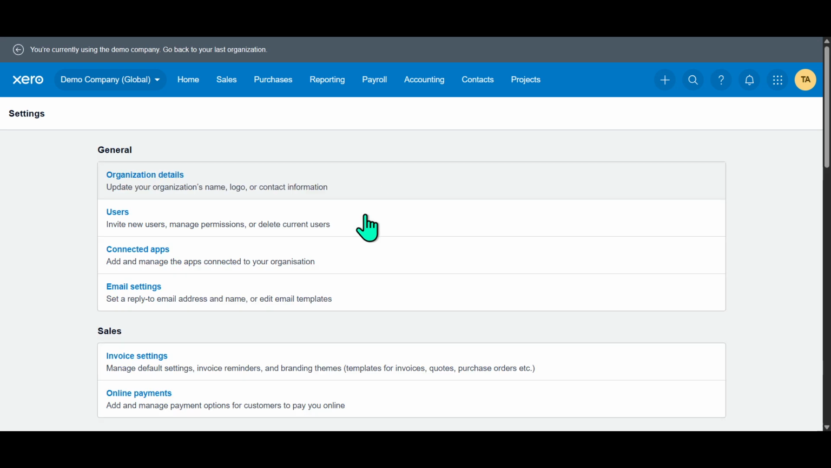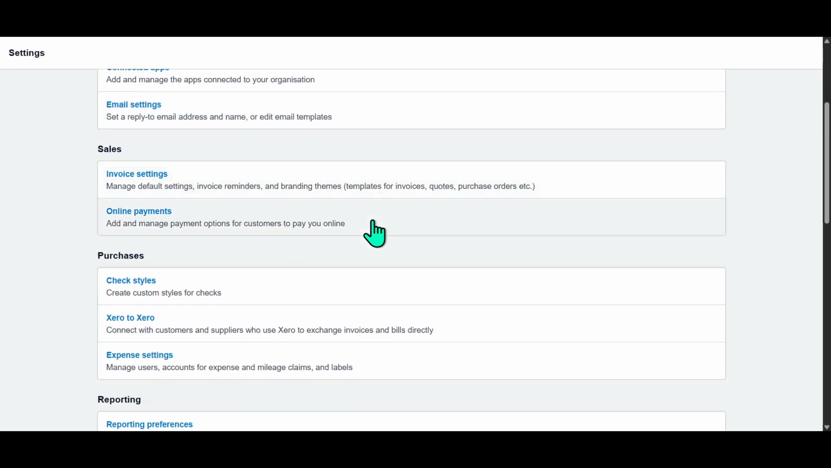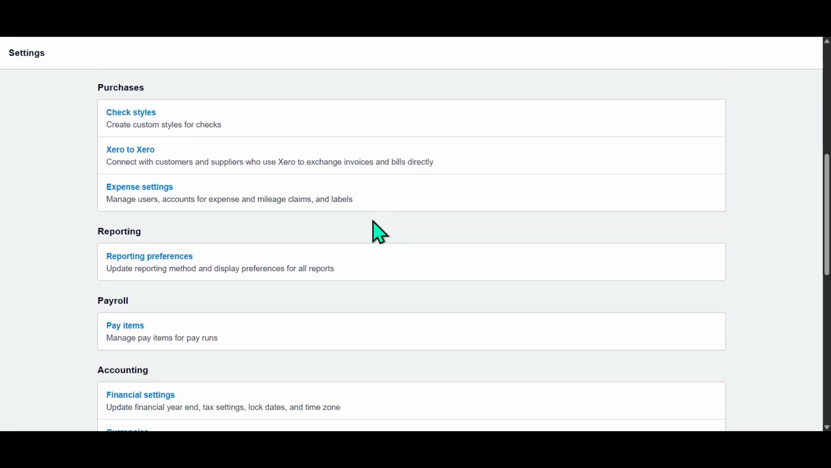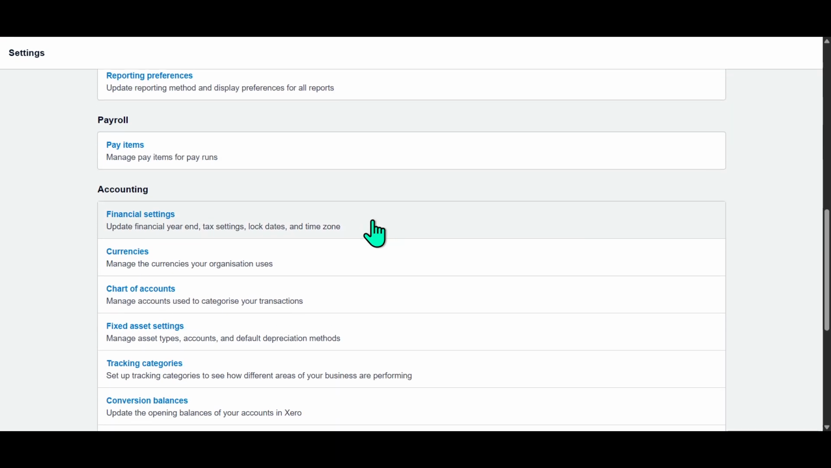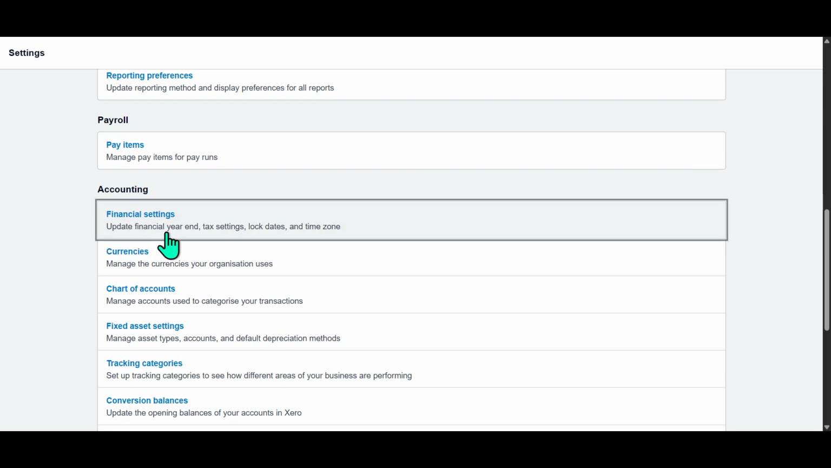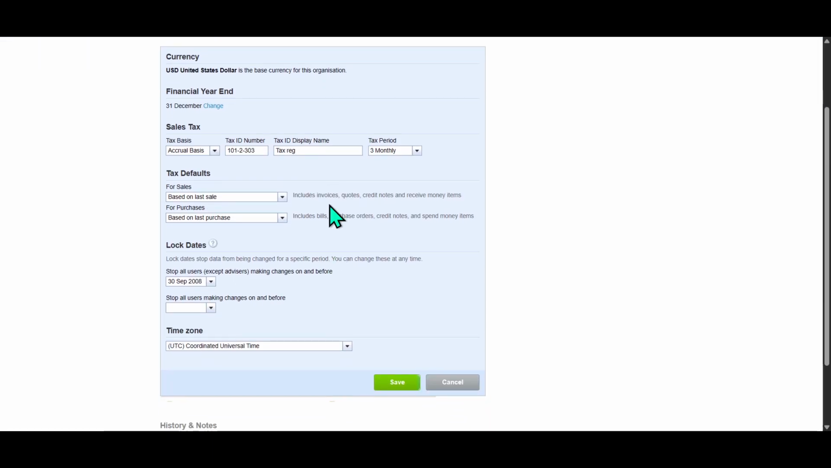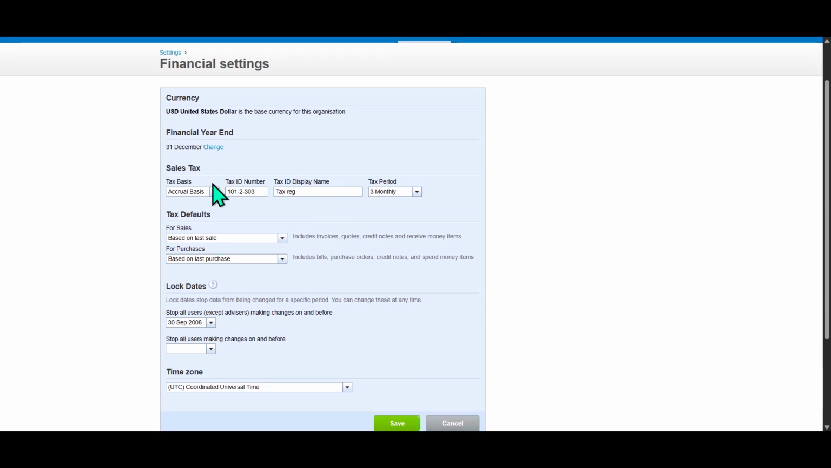Your next stop is Financial Settings. Click on Financial Settings to enter an area where you can adjust a variety of financial parameters, including your VAT configurations. Now you're at the part of Xero where you can directly interact with your VAT details. Here, you'll be able to edit the VAT scheme, which refers to the system by which your VAT is